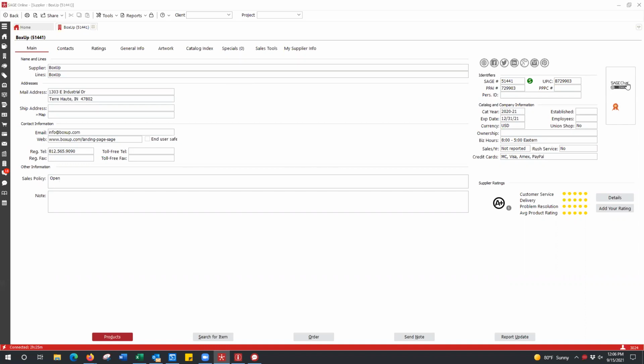Just notice that you guys are not logged into Sage Chat. That plays a factor in the visibility of your products. When a distributor does a search in Sage, we have an algorithm that determines the order that the products show up in, and one of the parts of that algorithm is being logged into Sage Chat.